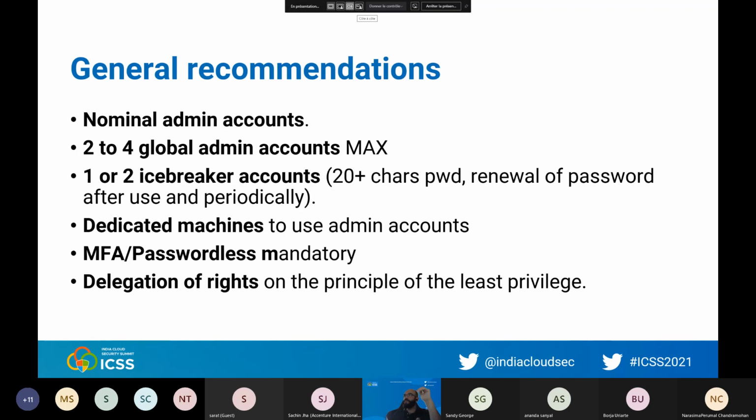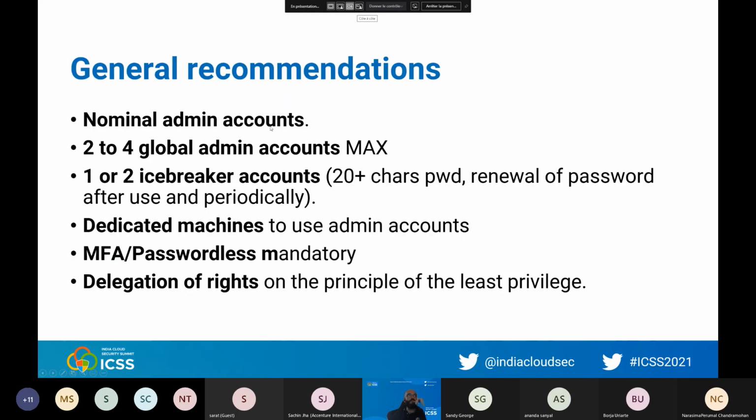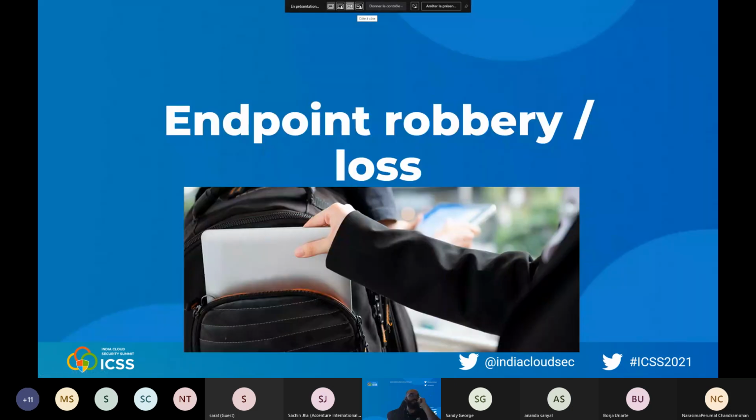Meaning that if someone is only doing administration on Excel, I don't give him global admin permissions. I will give him only admin permission on Excel Online. Okay, so really do management of permissions on your admin accounts. Every time I do an audit, I find something like 20 accounts having admin permissions. It shouldn't exist. Okay, so I remove admin permissions. And keep those rules. Those are basic rules on admin permissions.